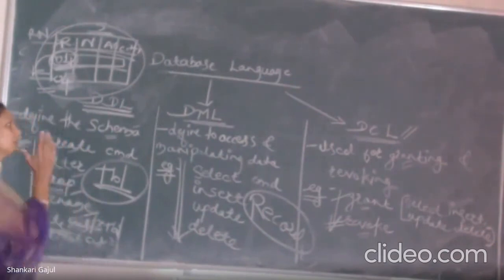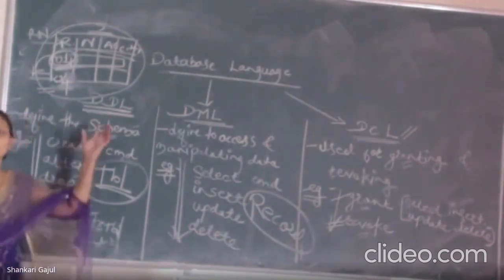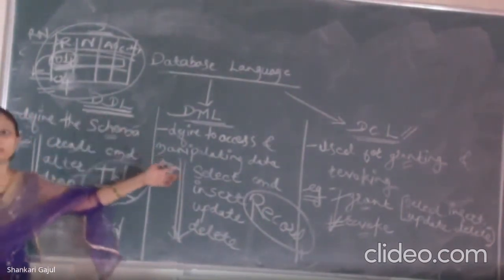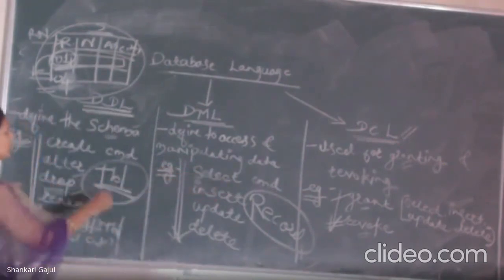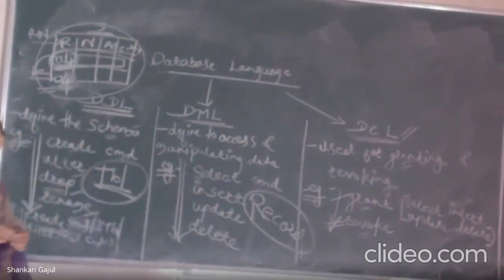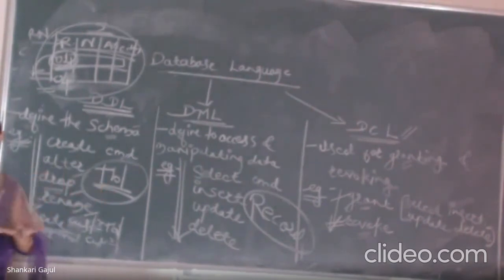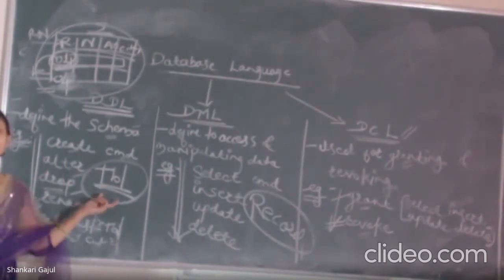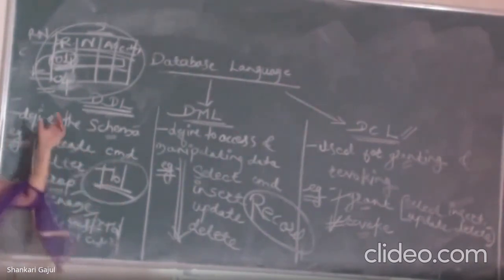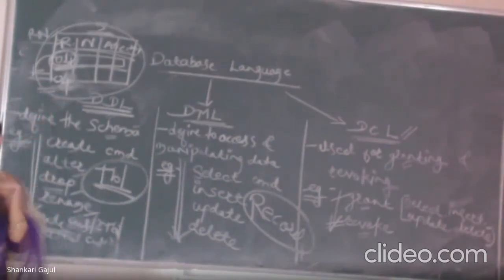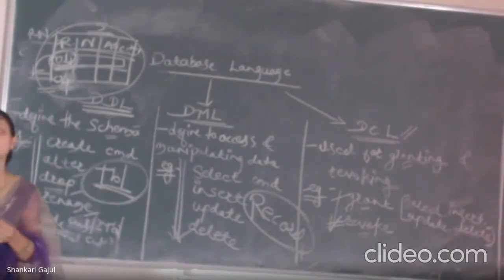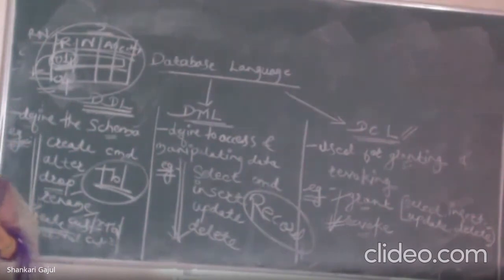Okay. So these are the database languages: data definition, data manipulation and control. This language is for defining the schema. For this purpose, these commands are used. These commands basically do operations on the particular table or the particular schema or the relation. In a database language, the table is called a relation or the schema or the database.